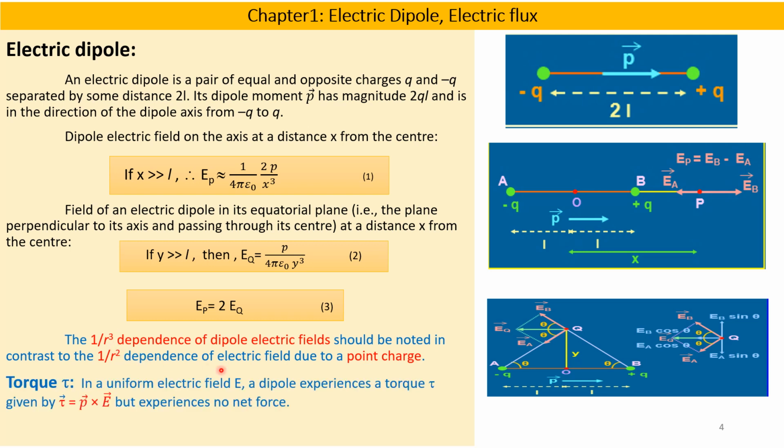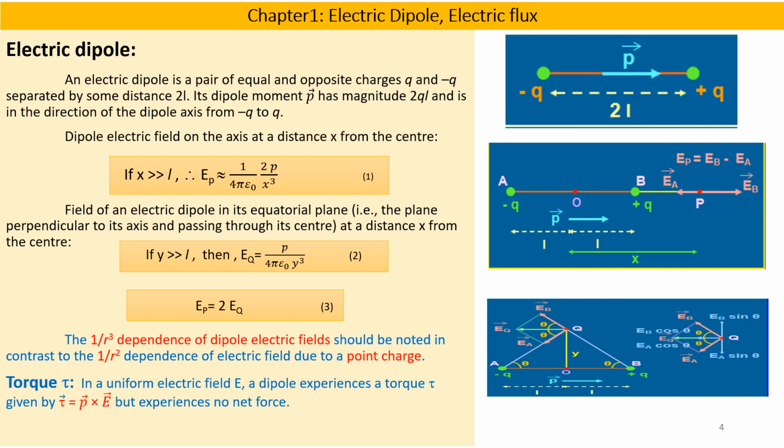As you know, there are two charges plus and minus q in the case of a dipole. Hence, the forces are equal and opposite, and the dipole does not experience any force. But there is what is called the torque, which is given by the formula tau is equal to P cross E, where tau, P and E are vectors.